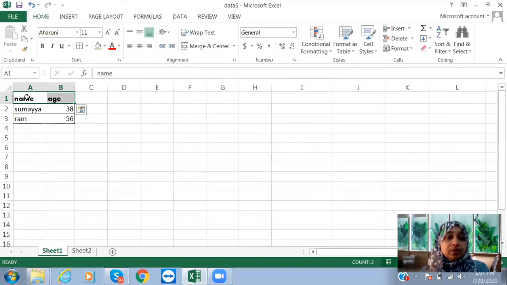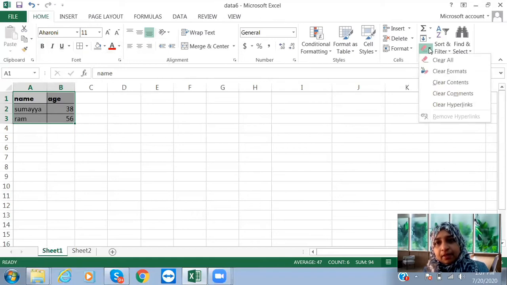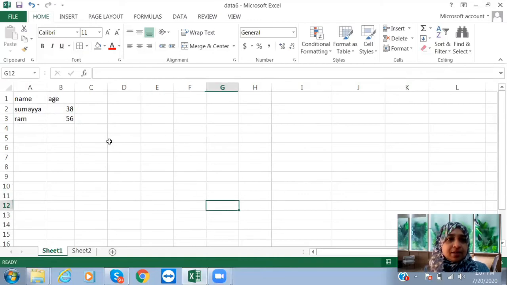Okay, now how to clear? You have given many formats. You added a border here. You have changed the font. And if you want to fill any color, you can use it. So how will you remove these formats, the complete format? If you want to remove it, you can select, now you selected everything, then come back here. You can see here, if you want to clear everything, you can click on clear all. If you want to clear only the formats, then clear formats. Now the formats are gone, no border, no colors that you had given, right?